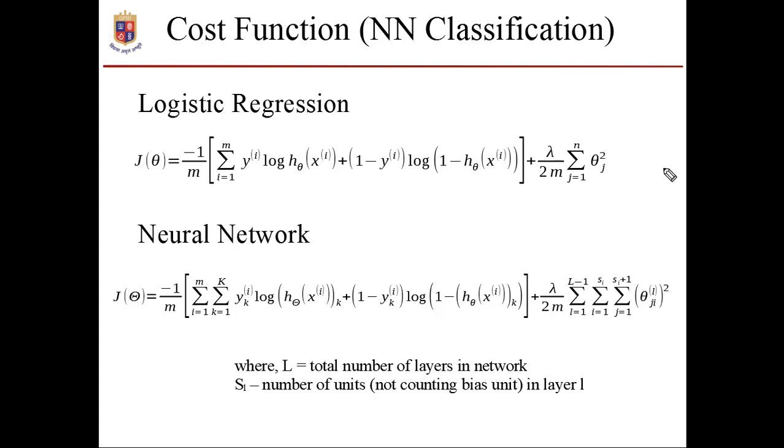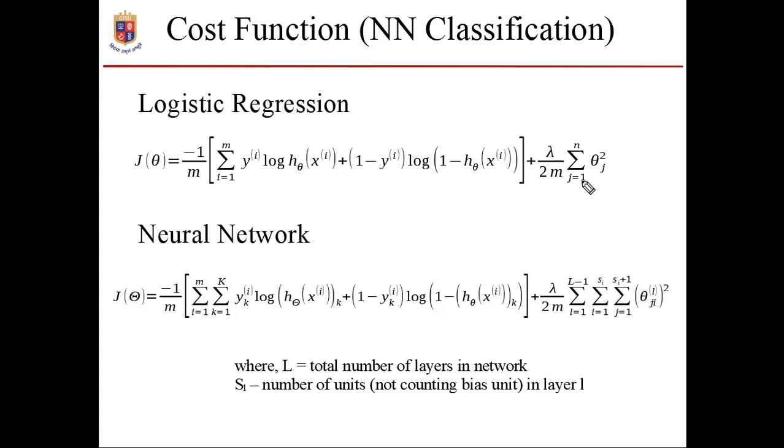In this video, we will see the cost function for the neural network. Just to compare with the previous cost function, logistic regression, as you remember, the cost function for logistic regression was represented using J of theta, and the formula for that was -1/m sigma i = 1 to m, y^(i) log h_theta(x^(i)) + (1 - y^(i)) log(1 - h_theta(x^(i))) + lambda/2m